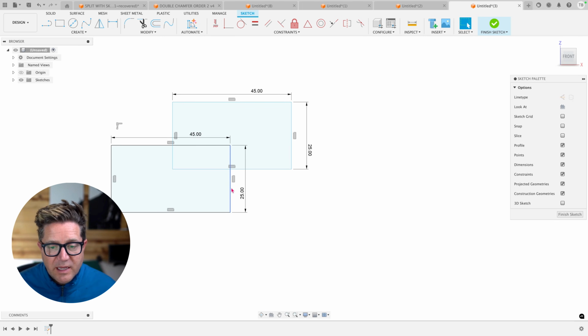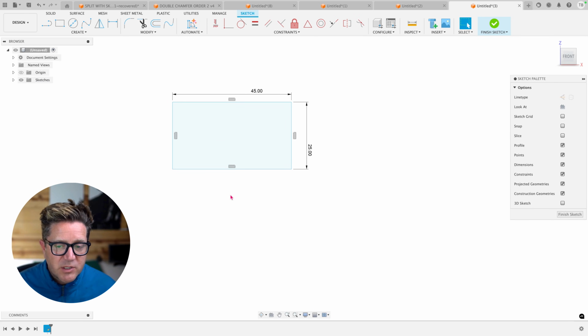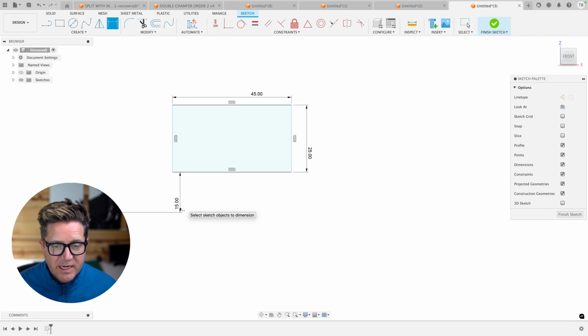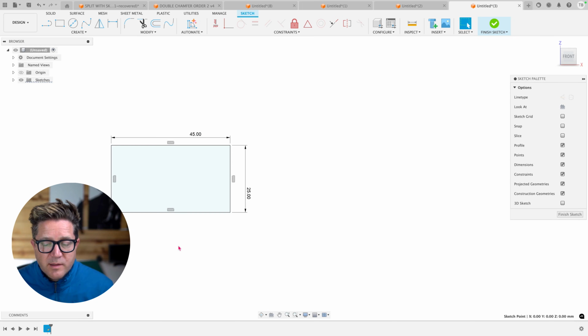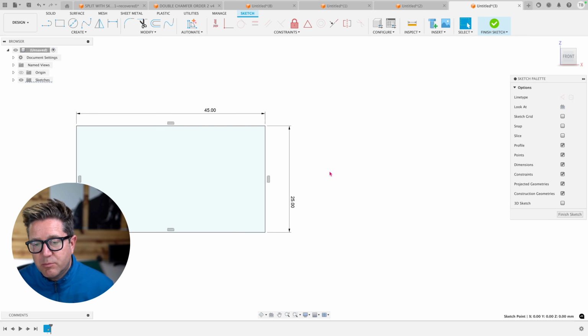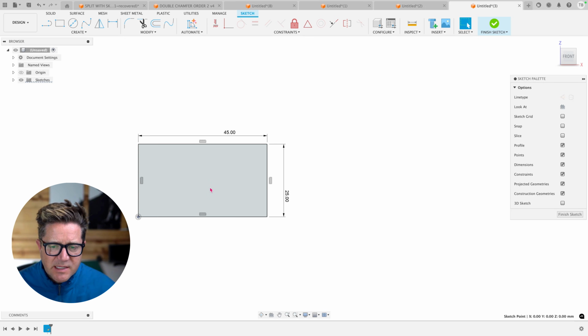And now I can either select everything and make it for construction as a reference, or I could select everything, hit delete on the keyboard, get rid of it. Totally up to you on what you want to do with the original. But in this case, now I can add the important dimensions that I need to get this located. Sometimes your sketch is going to be completely off by a little bit. So in this case, this is a really easy sketch